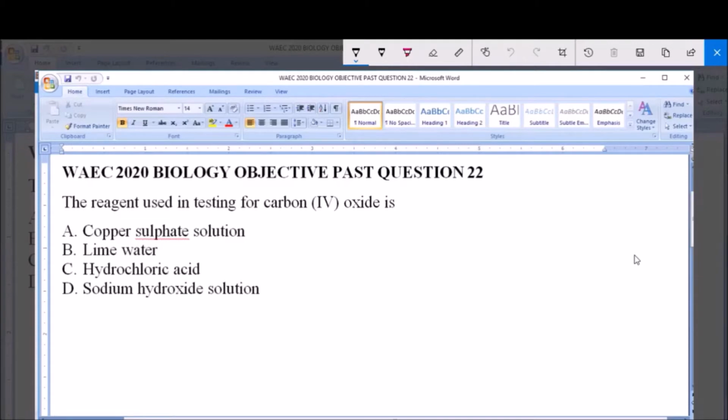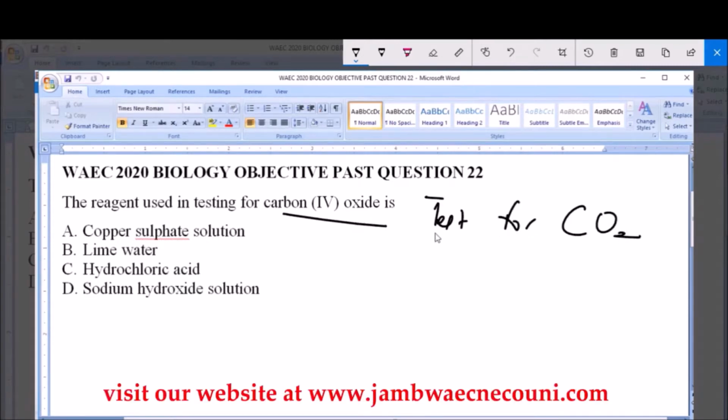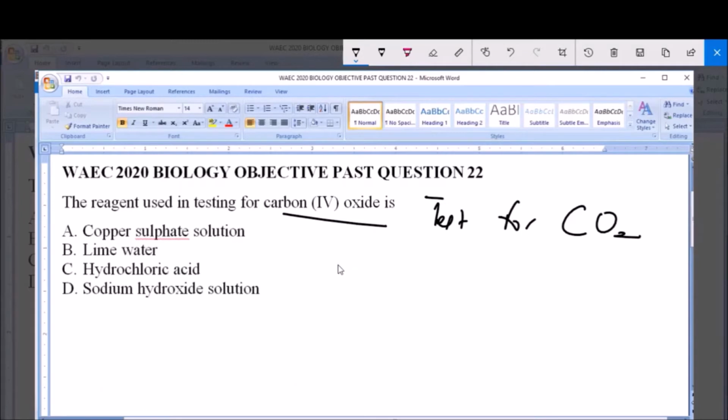The reagents used in testing for carbon 4 oxide or carbon dioxide is A. Copper sulfate solution, B. Lime water, C. Hydrochloric acid, D. Sodium hydroxide solution. So in general, what we are asked for here is the test for carbon 4 oxide, or CO2, or carbon dioxide. Now, the most known test for carbon 4 oxide is by bubbling